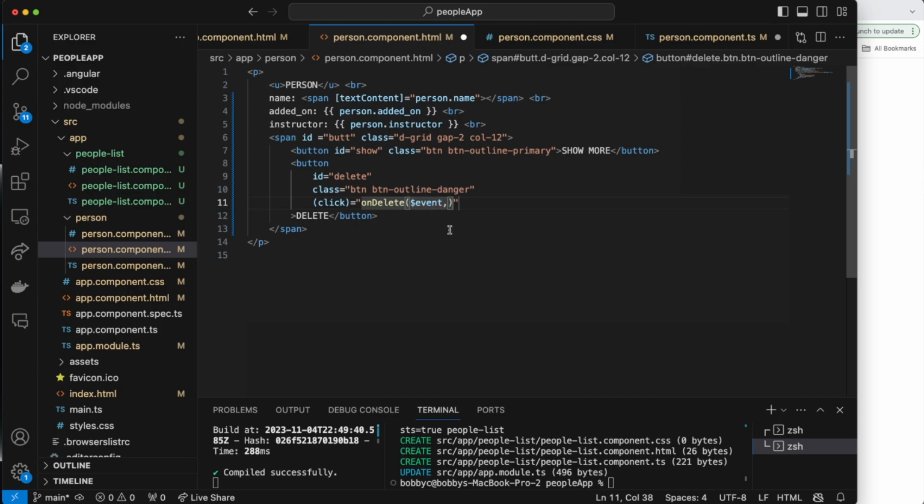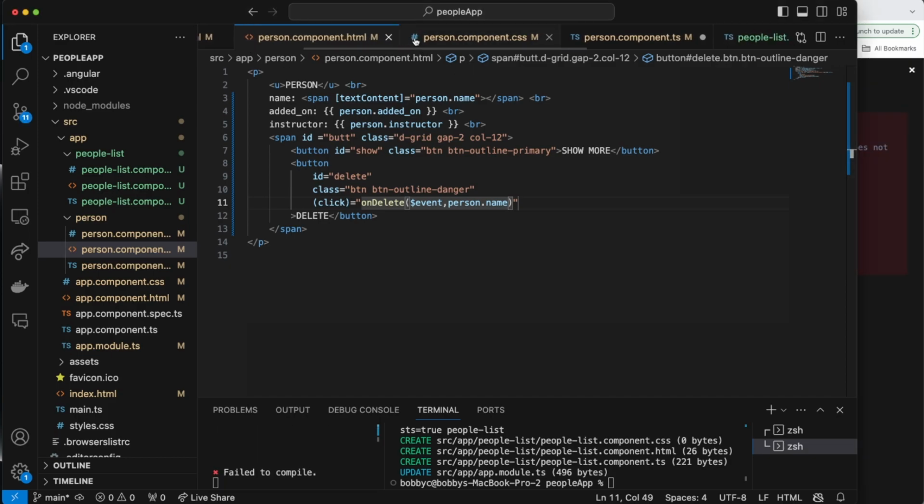But let's say I also send along this person.name. It's going to be the name that uniquely identifies this person. I know this is probably not the best way to do it. You should probably have a person ID or something like that, but we'll just pretend that all the names in my database here are unique. So I'm going to send along this person name as well to this function called onDelete. All right, the next thing I want to do is save this and jump back over to person